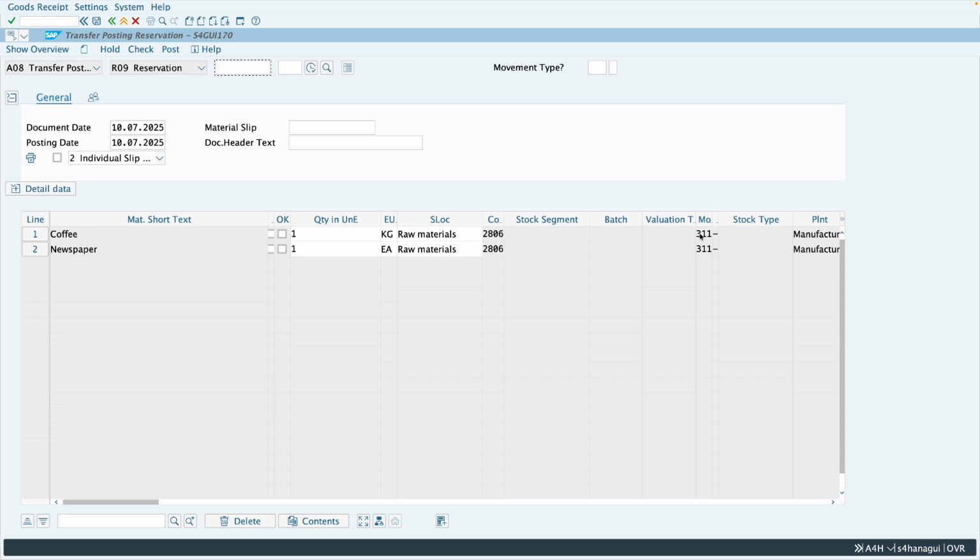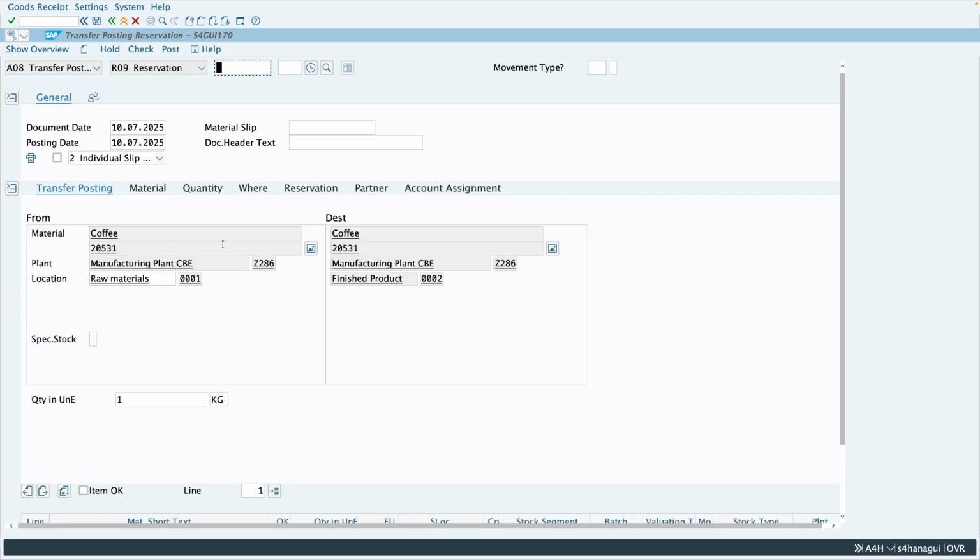The movement type is 311. And if I expand this detailed data, this is the first item we are transferring from storage location 0001 to 0002. If I click on the next button here, you can see this is the second item which I am transferring from 0001 to 0002. So in this way, I created a reservation first, and against that reservation, now I am posting this movement type